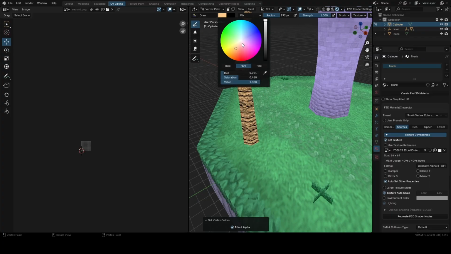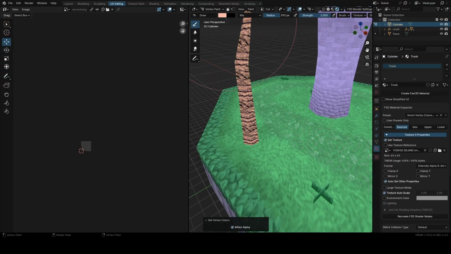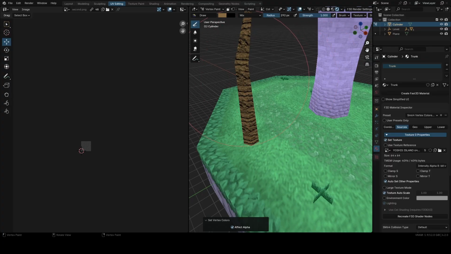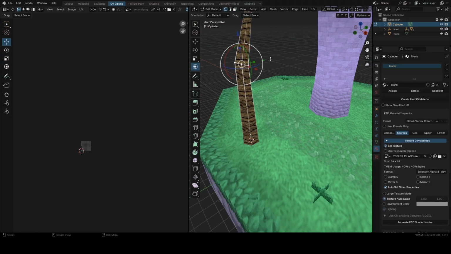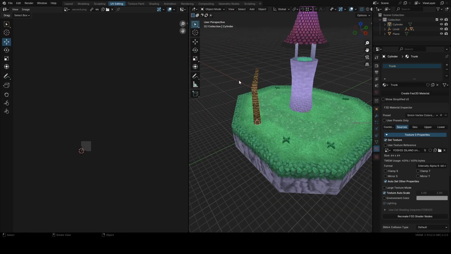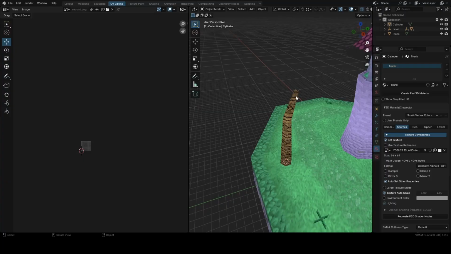Color it with a proper color. Maybe add a brighter tone, and okay, then you add